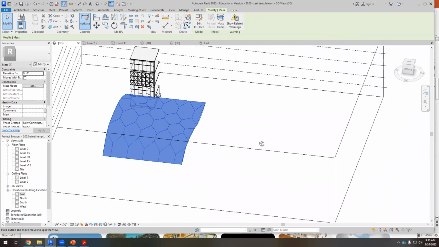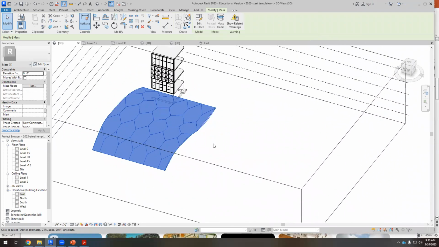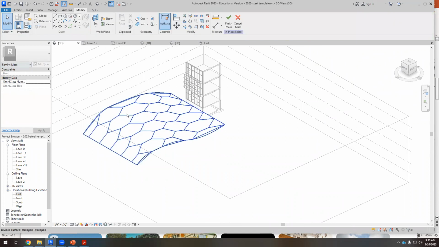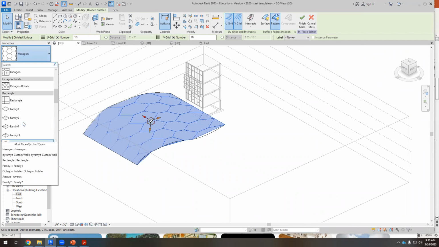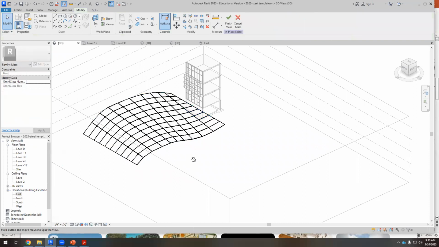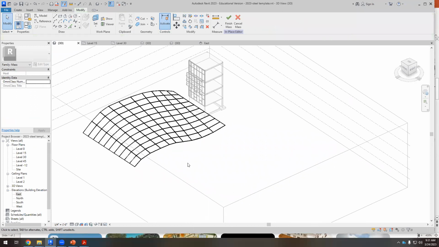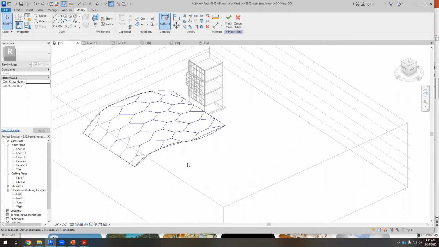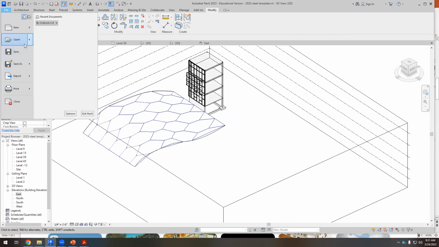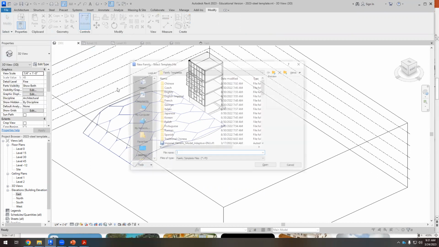Okay, so now we have a complicated shape with a complicated pattern. How can we do that? Can we upload on this pattern the families that we have created so far? We can try, but I don't think it will work. So here we have family 1. Family 1 was created with a rectangular pattern based, and Revit is smart. Okay, so what are you trying to do? Are you trying to create a rectangular family into a hexagonal pattern? No, it doesn't work. So the only way we have to do that is to create a new family,